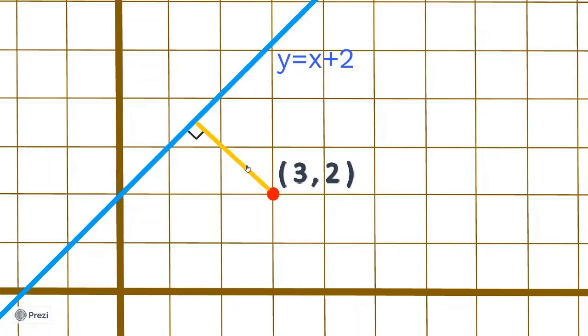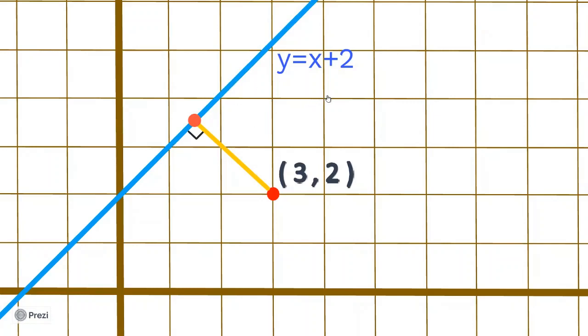So again, by the way, our aim should be to find this point. Why? Because if we can find the coordinates of this point, then we can use the distance formula and find the distance. I know it's a little easier than last time, because already we know one point. You see that? So the only thing that we need to do is find the coordinates of this point. For that we need to know the equation of this yellow line, this perpendicular line. So what is the equation? We know the equation of the blue line, that is y is equal to x plus 2.